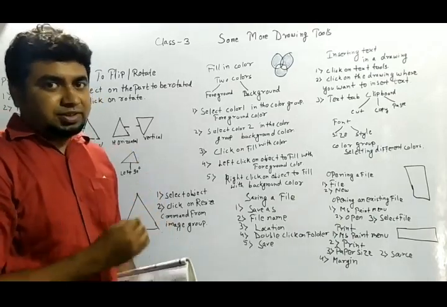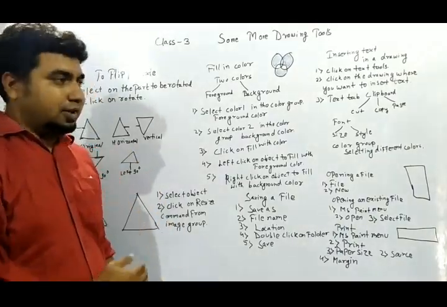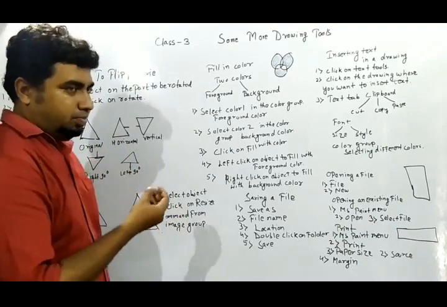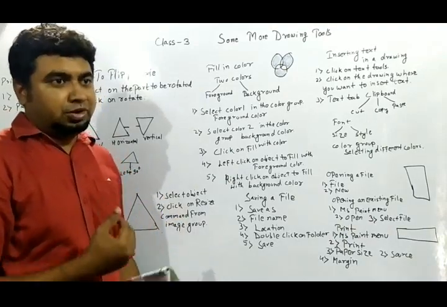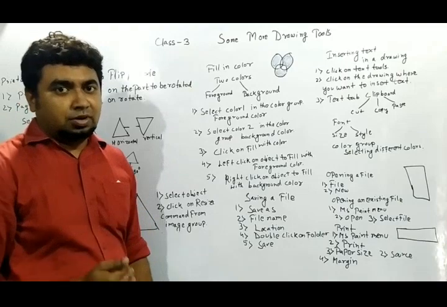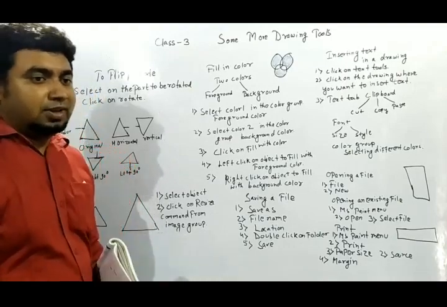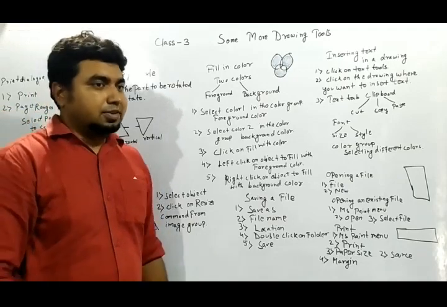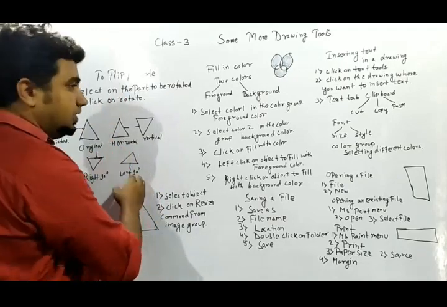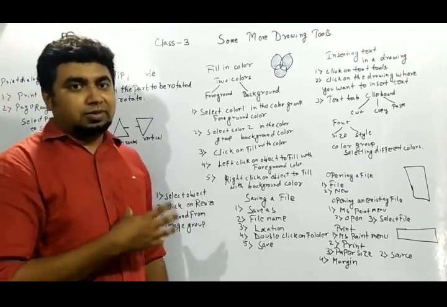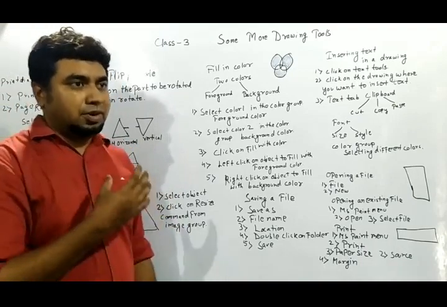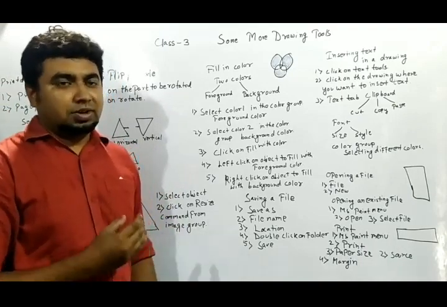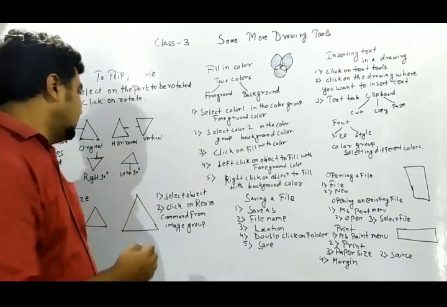I can't say that this is exact because I have just drawn it myself, but if you draw it on the computer, then the values or the orientation will be exact. This is not exactly the 90 degree rotation because I have drawn it on paper. But when you do it on computer, then you can apply exactly 90 degree rotation.